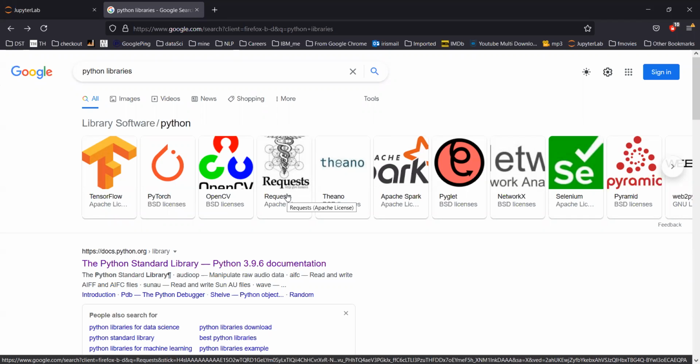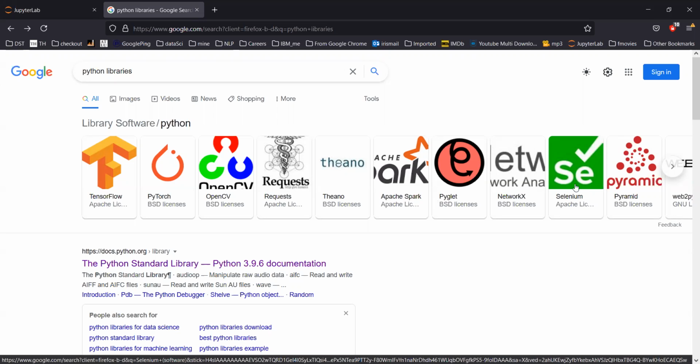OpenCV, Requests are libraries for communicating with the web, like the internet. Suppose you want to access a website, you want to download a particular page, that's the Requests library. Theano, again, is data processing. Apache Spark is a library for processing huge amounts of data. If you have heard of big data, most of the processing in Python has been done on Apache Spark.